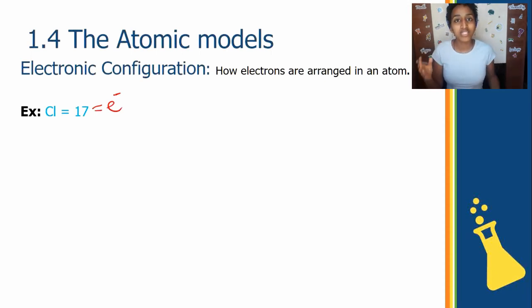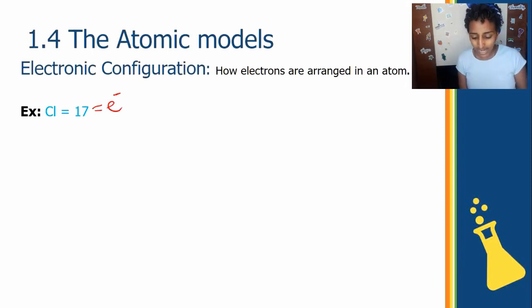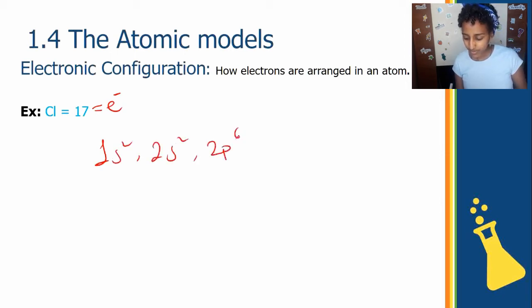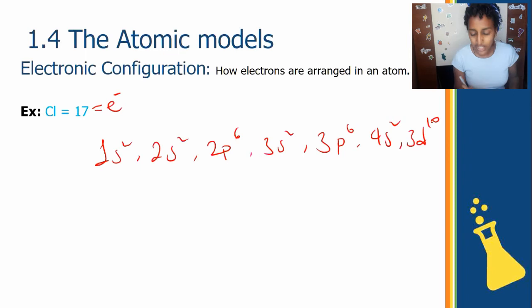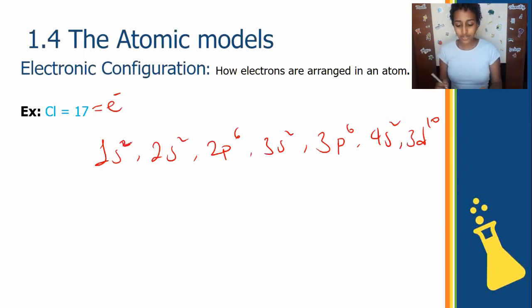So if you don't remember what the electronic configuration was, draw out the previous diagram. But if you do remember, write out the 1s2, 2s2, 2p6, 3s2, 3p6, 4s2, 3d10. All right, we don't actually have to go this far, but I just want to show you how it would all look like. But we don't have to go on continuously. We just have to reach 17, okay? So let me get rid of all these number of electrons at the top. Let me get rid of these electrons up here, right?